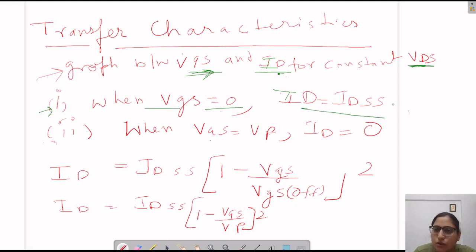Drain to source saturation current, which is IDSS, we can consider as ID max. And the second, when VGS is equal to VP, which is pinch off, then ID becomes 0. So what is happening? What is the second criterion when VGS is achieving VP? Here in the working operation circuit diagram of the FET, we also see that